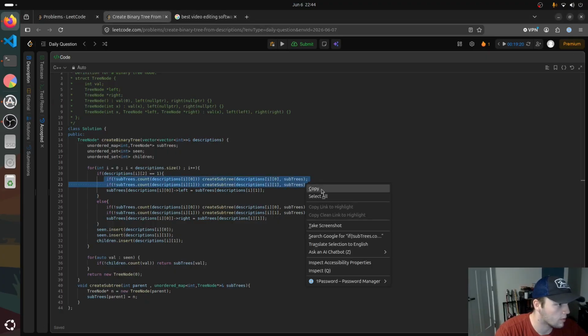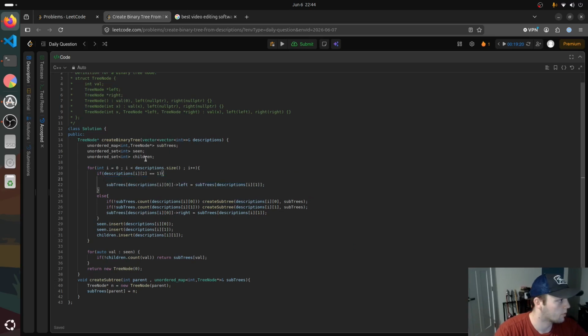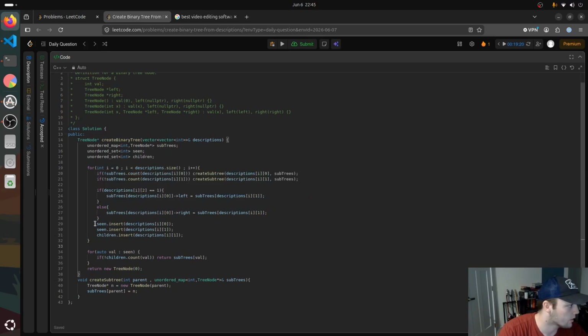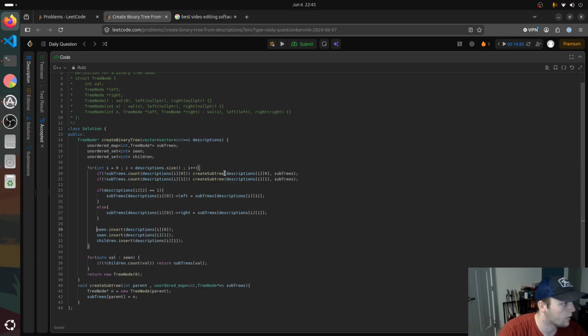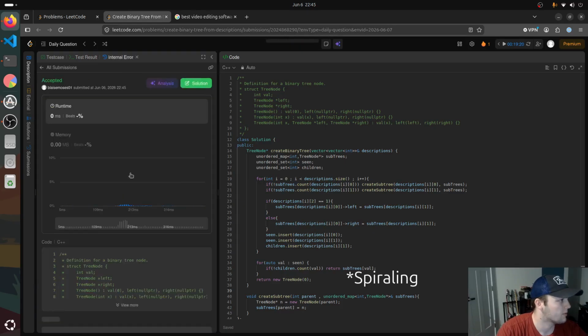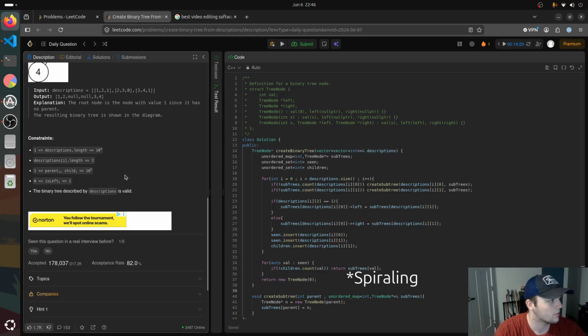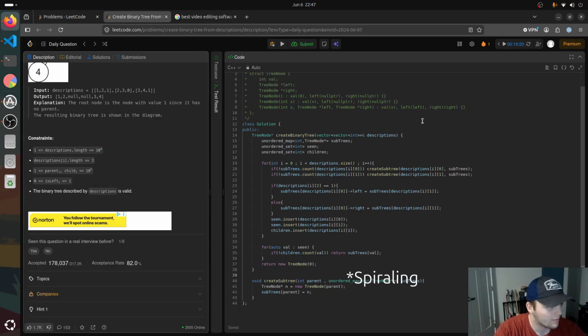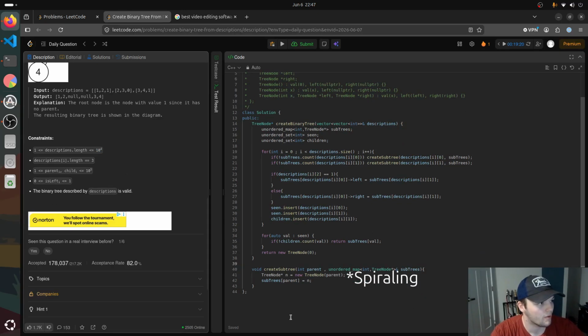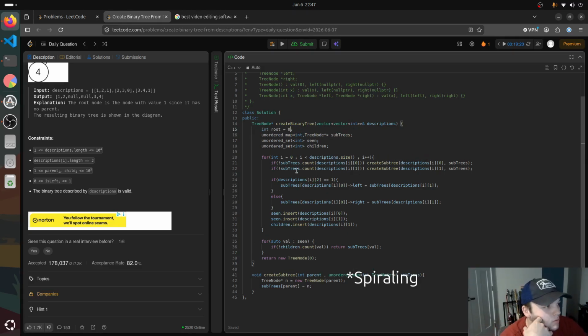But I do know that this doesn't need to be in both. We can kind of just do this at the top. So that's a lot cleaner as far as that logic goes. We don't have that duplicate code, which makes me happy. Maybe we don't need to do the set thing, like there might be a better way. Like the child or the parent is in children, and if it's not,